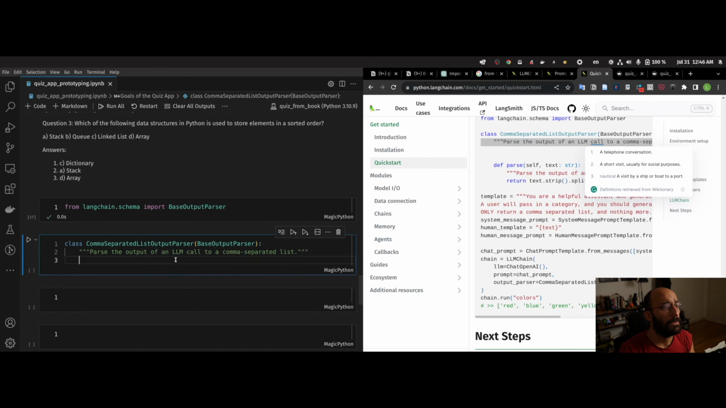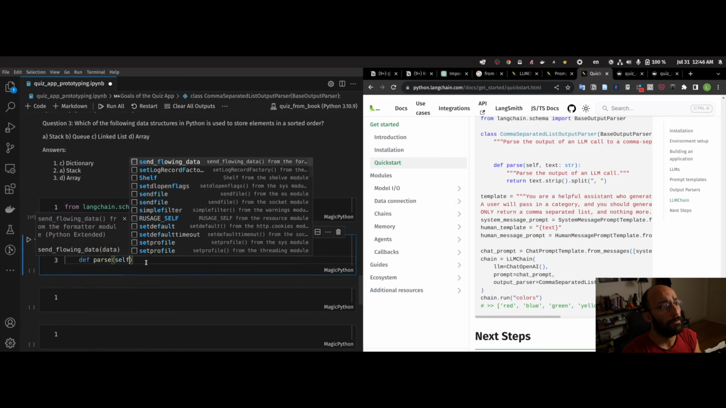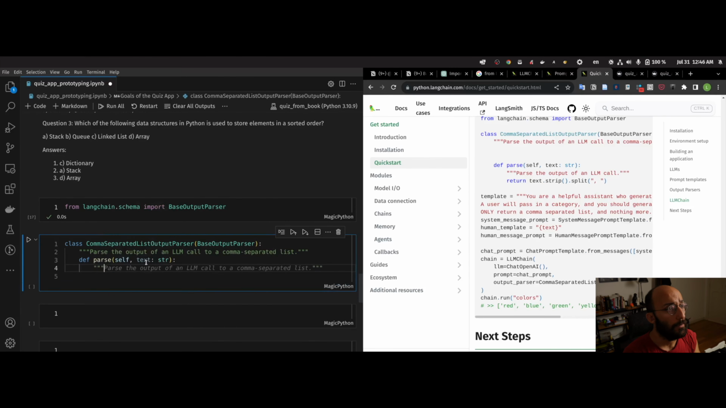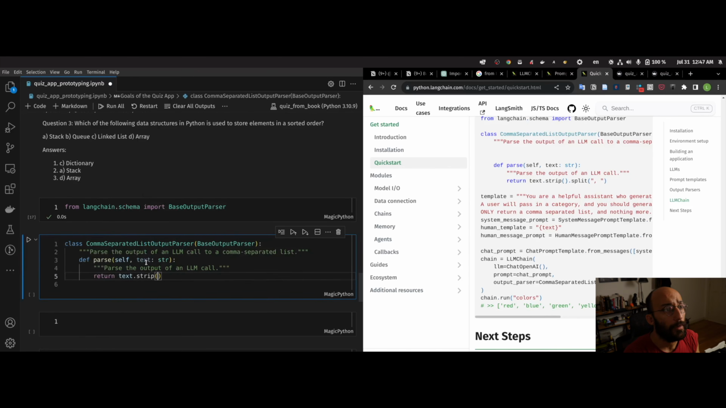Let's take a look at what this thing looks like. I'm not sure what it's going to look like, so let's just say def parse(self, text: str). I'm just going to write it so that I have a sense of what's going on here. So this function is going to parse the output of an LLM call, and then it's going to return text.strip